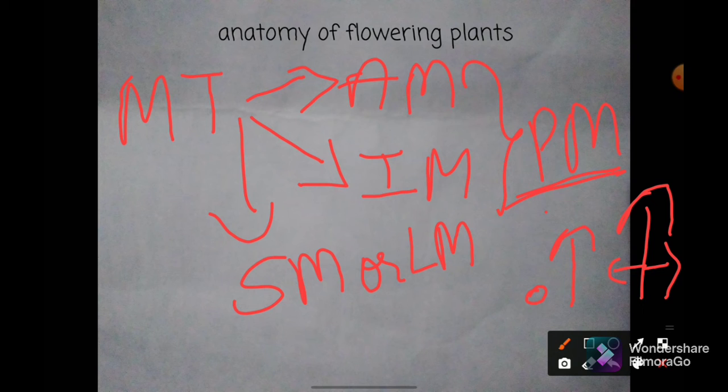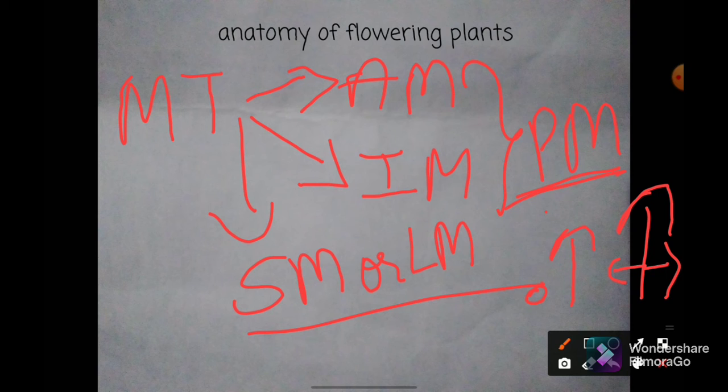This is in the later stages of life. But in the early stages of life, it just concentrates on increasing its height, not the girth or the width. So that's why they are called the primary meristem and the secondary meristem. Now coming to the secondary or the lateral meristem, they are cylindrical meristems.